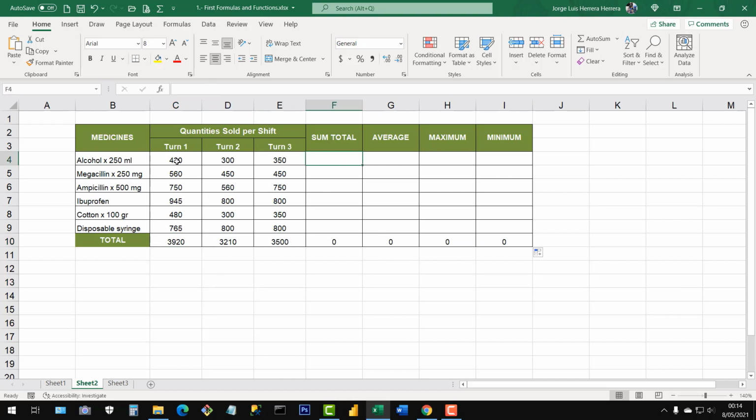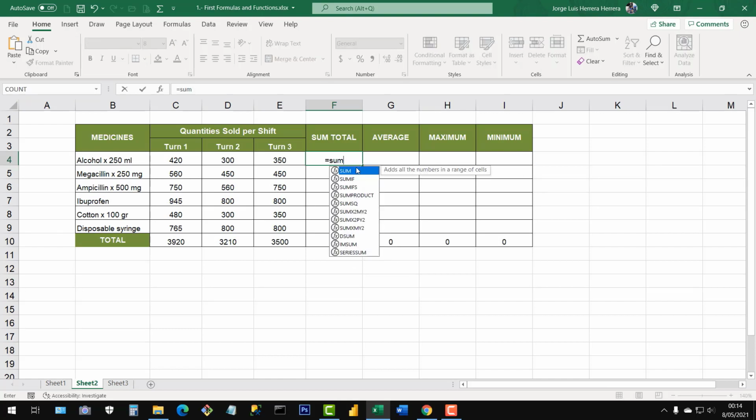So here I want to sum all the three. I could do it with a formula or with Autosum. Just select the first value plus the second value, that is the second cell, plus the third value. In this case, I'm using the plus operator, and then enter, and I have the sum total of the three. Remember that you can type the sum, and double click to open the brackets,